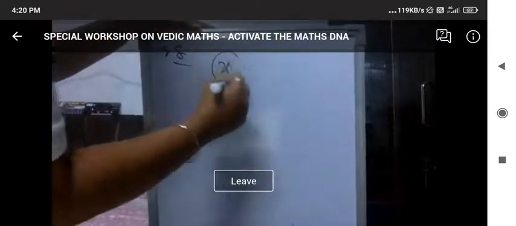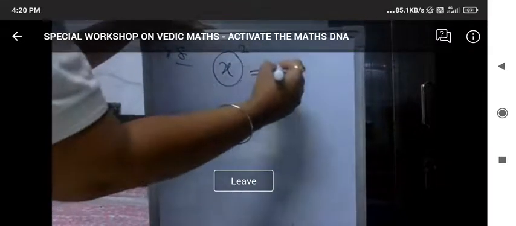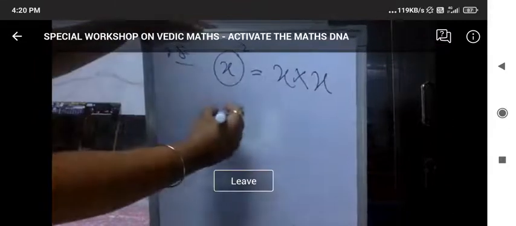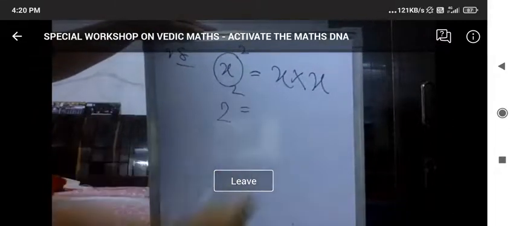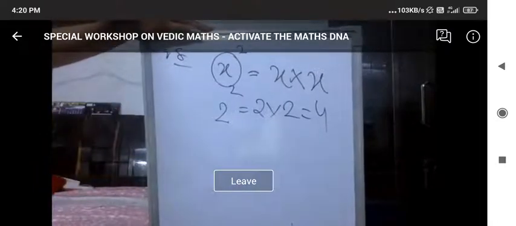So let's quickly go to the next step because we don't have much time. It's already 4:20. So I'll show you a quick square trick. Okay, what exactly is a quick square trick? You can calculate the square of any number. What do you mean by square first? Any number to the power 2 represents number multiplied by number. That is called the square of number. For example, here it is x written. So it says, for example, if I'll write 2 square, it will show 2 multiplied by 2 and the answer is 4. I got my answer.